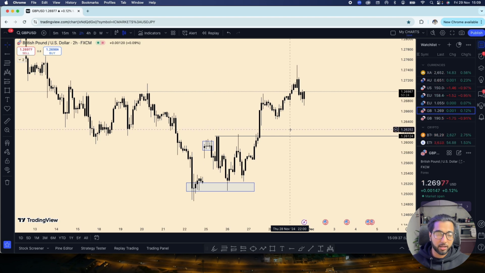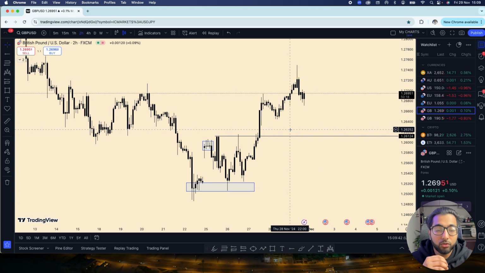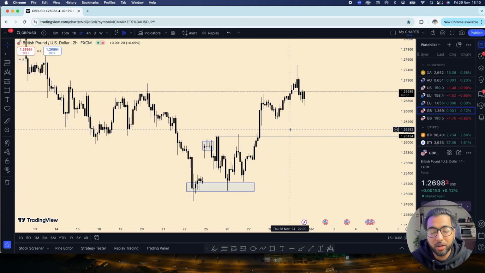Practice. It's not going to be easy like the way I'm explaining. I understand that, guys, but it is going to take some time. It's taken me 5 years to get to this point where I can just pinpoint, but for you, it might take a while. Just keep practicing. Don't give up because you can't find liquidity zones or you can't see what I'm seeing. Rewatch this video a million times until you get it, right?